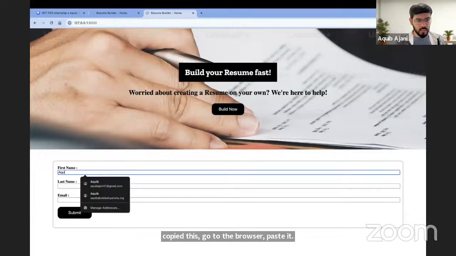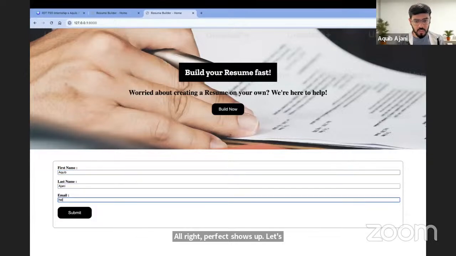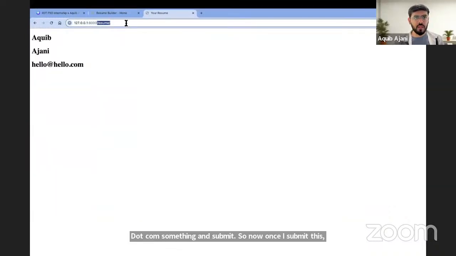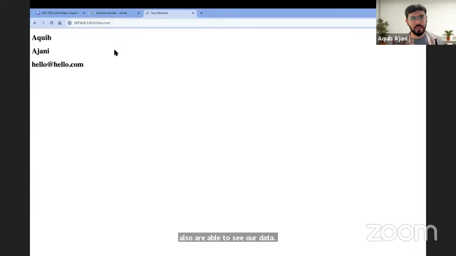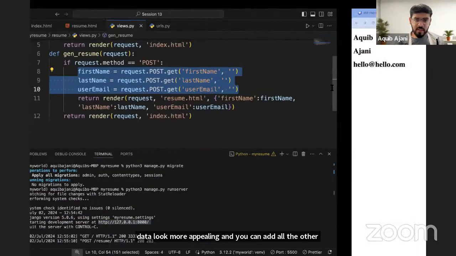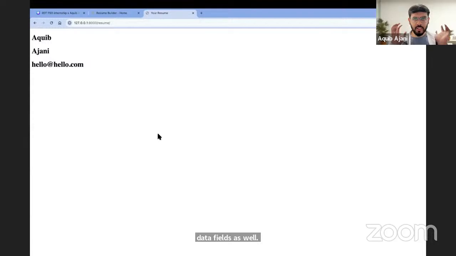Let's say my name, surname, hello@hello.com, something, and submit. Once I submit this, you can see we are now taken to the second page, and we are also able to see our data, right? Again, you can change the UI to make the data look more appealing, and you can add all the other data fields as well. I've just added 3 for now, but you can add 20, 50, 100 fields, whatever you want,